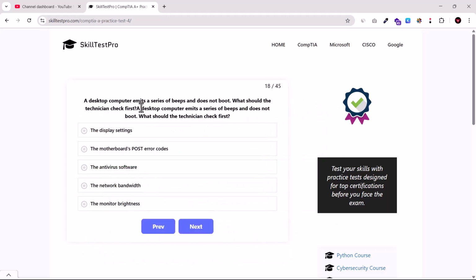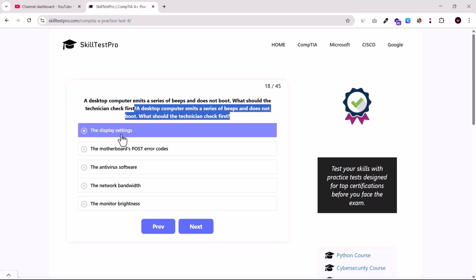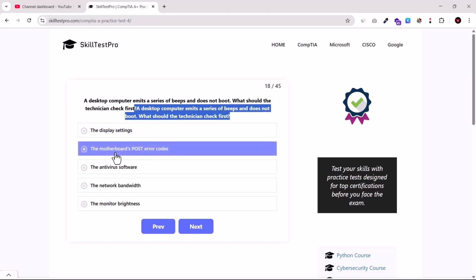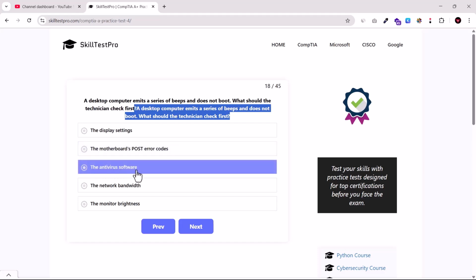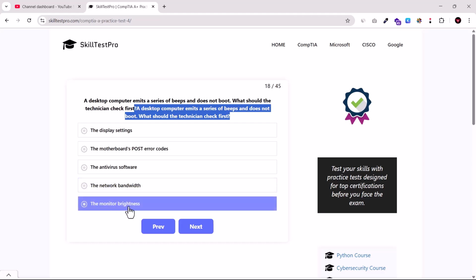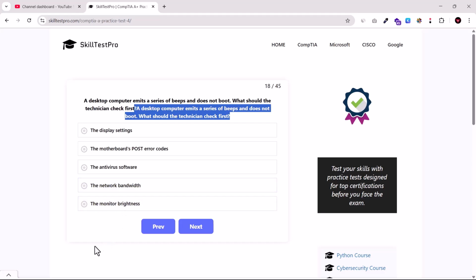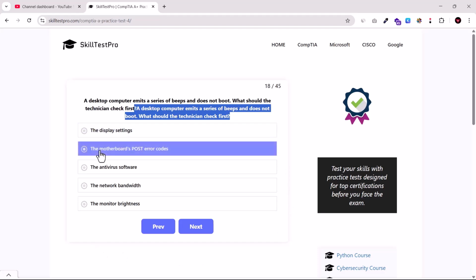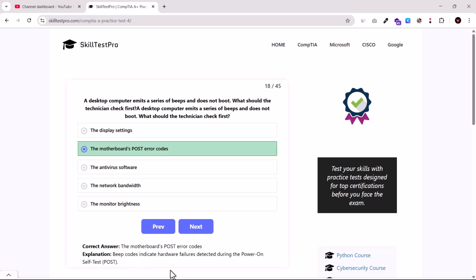A desktop computer emits a series of beeps and does not boot. What should the technician check first? The display settings, the motherboard's POST error codes, the antivirus software, the network bandwidth, or the monitor brightness. And the correct answer is the motherboard's POST error codes, as beep codes indicate hardware failures detected during the power-on